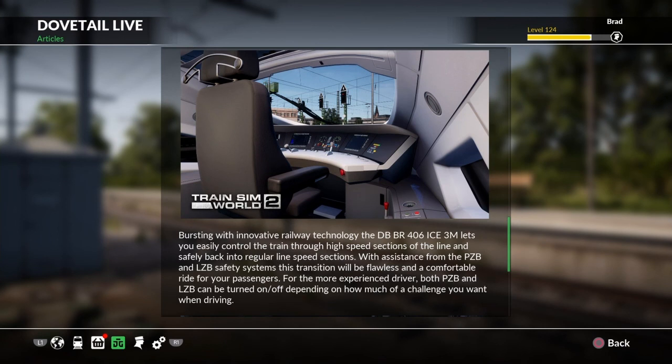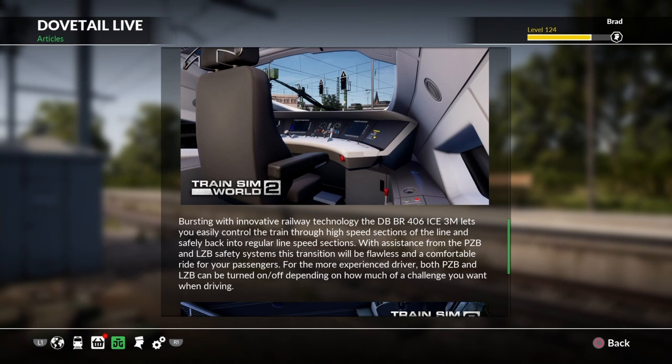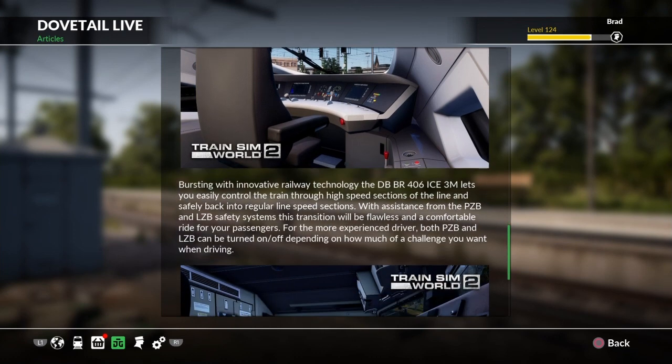Bursting with innovative railroad technology, the BR DB 406 ICE 3 lets you easily control the train through high-speed sections of the line and safely back into regular line speed sections with assistance from the PZB and LZB safety systems. This transition will be a flawless and comfortable ride for your passengers. For the more experienced driver, both PZB and LZB can be turned off depending on how much of a challenge